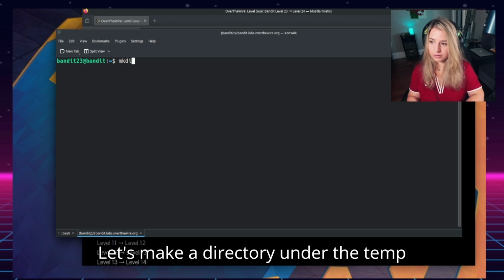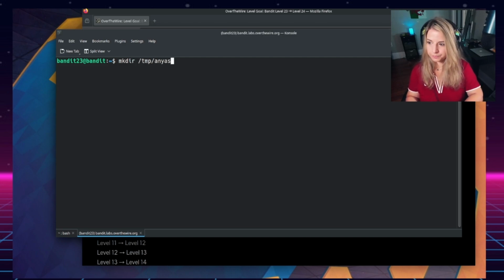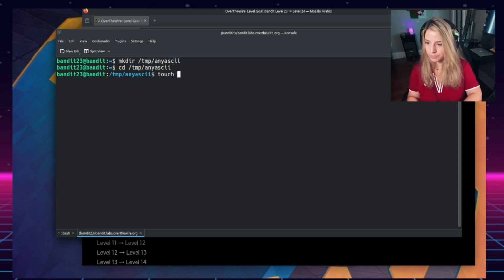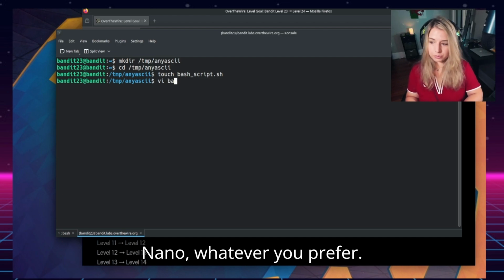Let's make a directory under the temp directory we can work out of. You can cd over to that directory. And you want to create your first bash script. Now edit the bash script with vi, vim, or nano, whatever you prefer.